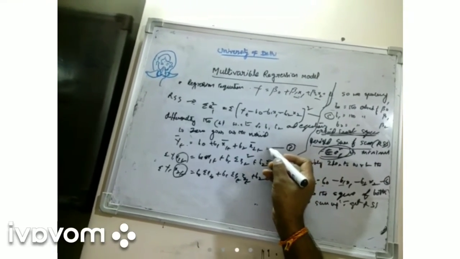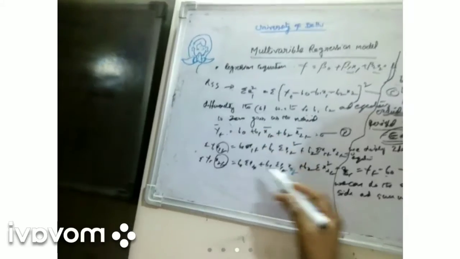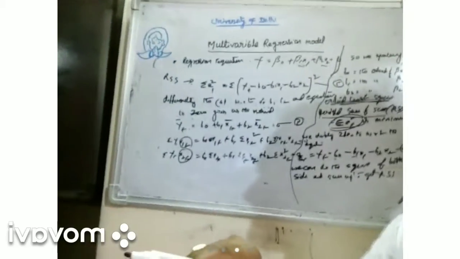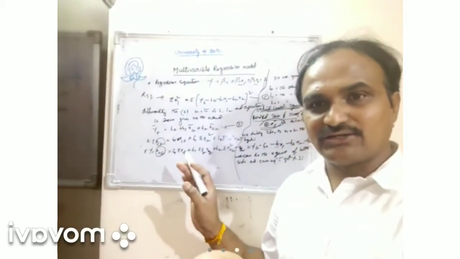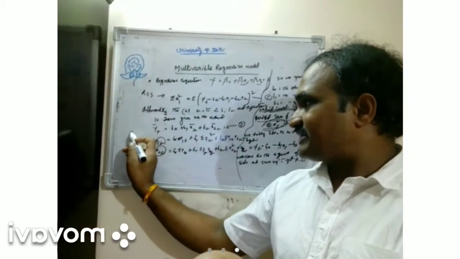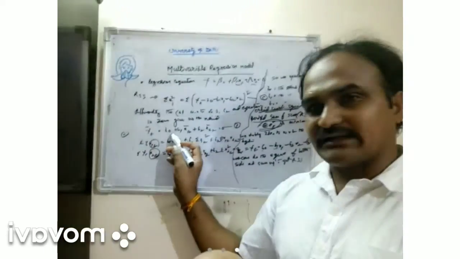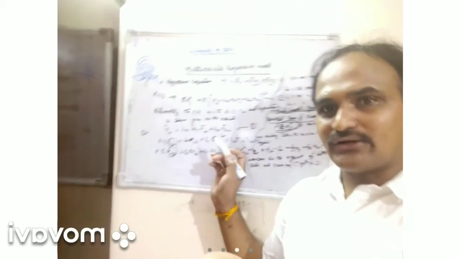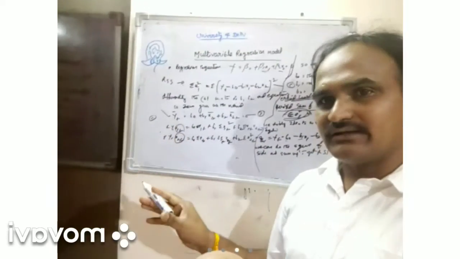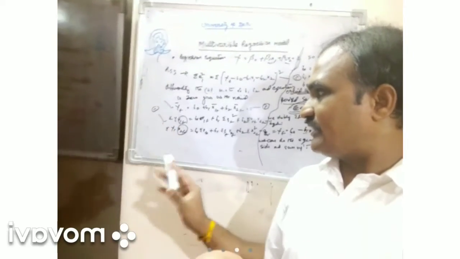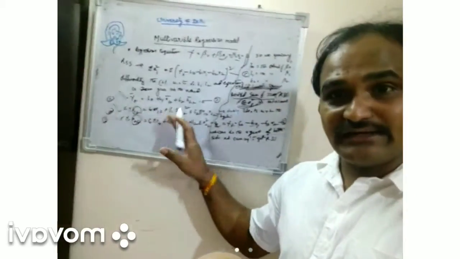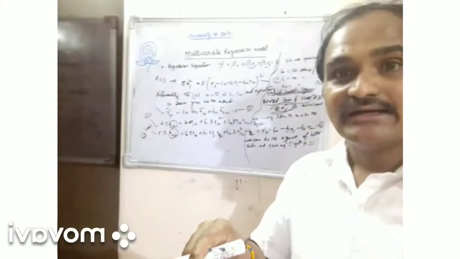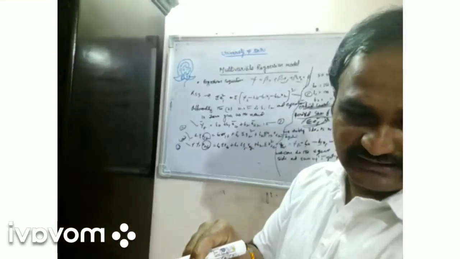You can equate all the equations to 0 because of the differentiation of this RSS, the residual sum of squares. There are three equations. One equation is equivalent to 0, that is the first regression equation. We are talking about the dependent variable equation, then one independent variable x1, that is the second, and another one x2, that is the third. There are three different equations you find after differentiating the residual sum of squares.